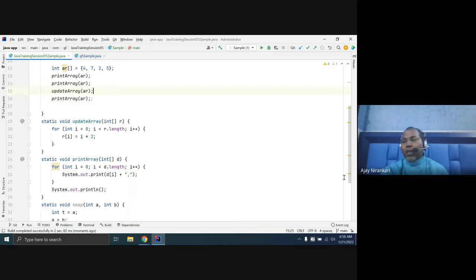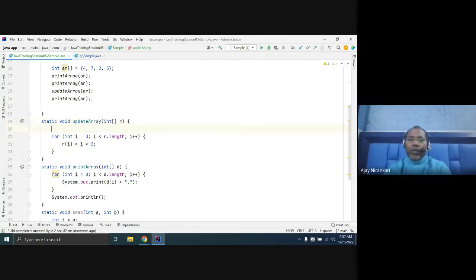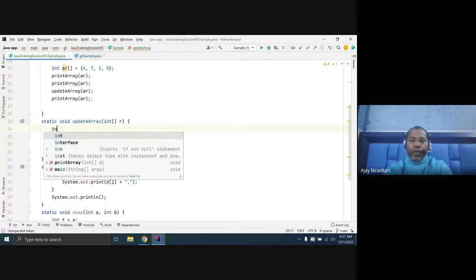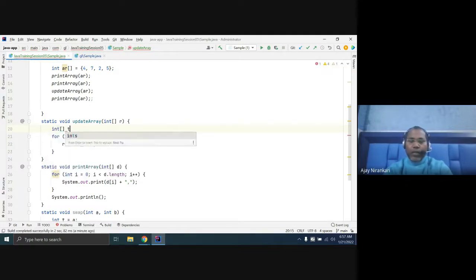So this is the reason: whenever you are writing code, that method will take an array as input. Generally you just want to change the same array here, so you can take void. But in some cases, I don't want to change this array. Let's create an int array, a temporary array.